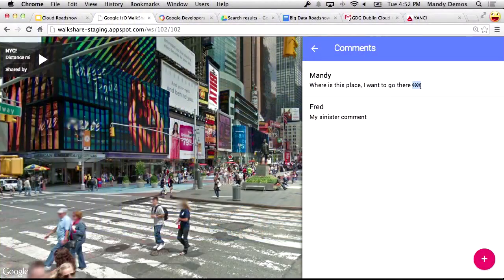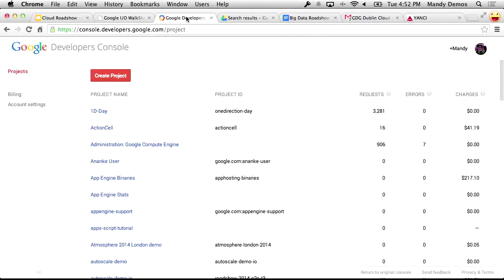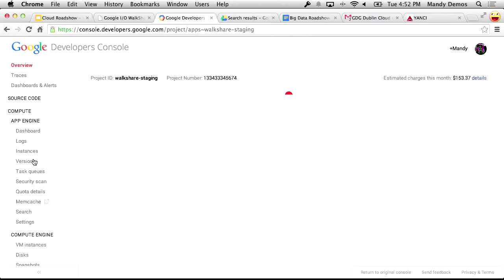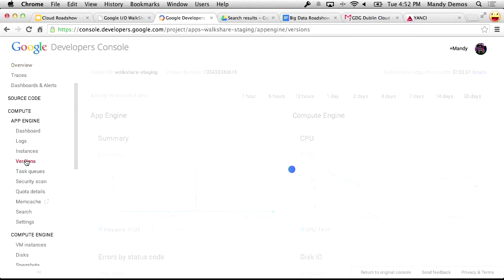Fortunately, and also covering this issue here with the two smiley faces, the TechOps guys have just called me on my secret earpiece to tell me that they've just deployed version 2 of the application. We can just switch over to that version and it will fix our problems for us, add captchas and also fix that problem there. So what I need to do is find my Walkshare staging application, go to versions, and after a little while,